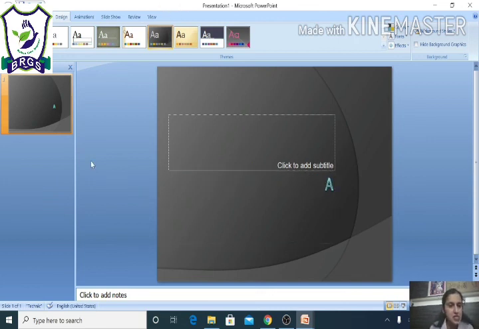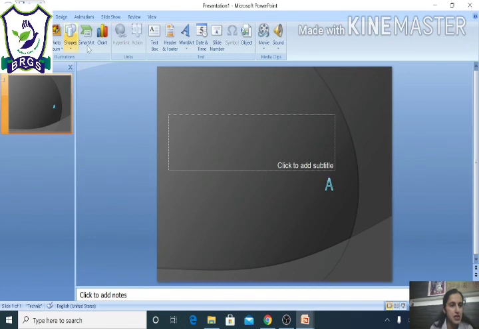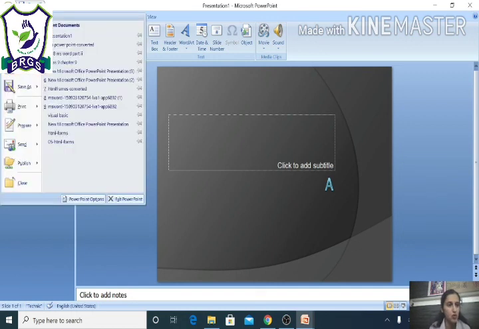Same way you can see here, if you want to insert anything into it, any kind of shape, any kind of clip art picture, any picture from the desktop or from your computer, you can insert from this tab. I think this is clear. After this, how to close the presentation, then you have to click on this. Or you can go to the file tab and then also you can close the presentation.